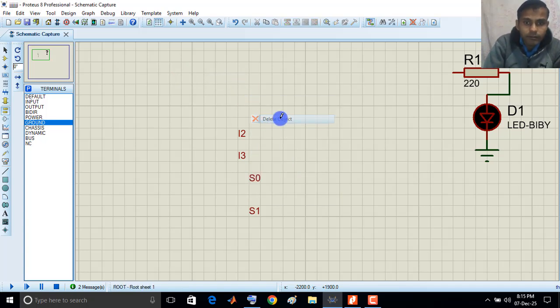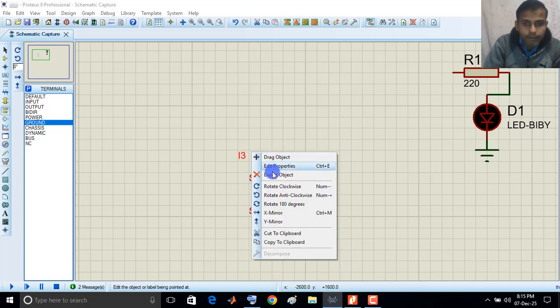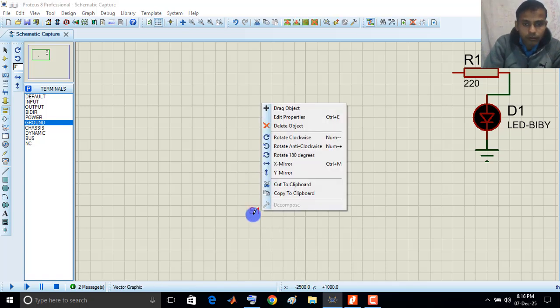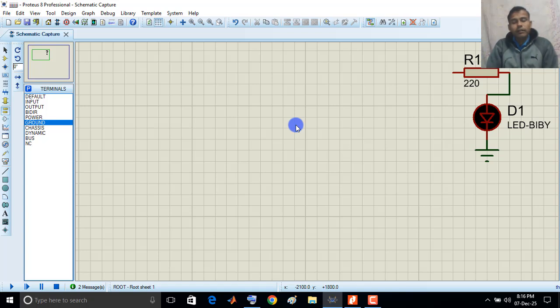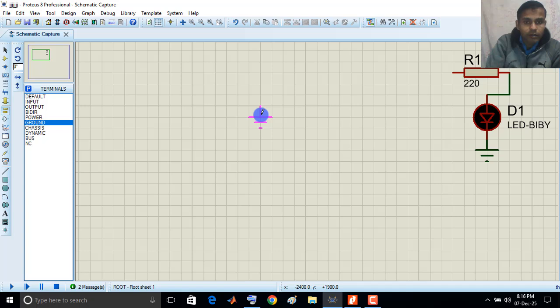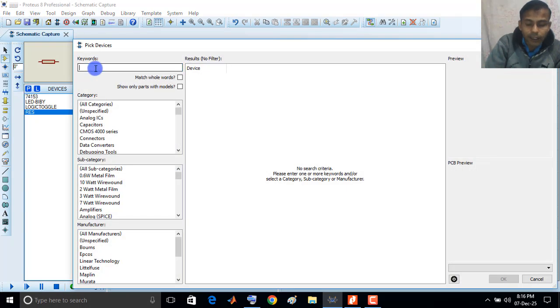Now we are doing the demultiplexer experiment, the 1:4 demultiplexer, right? For this demultiplexer, we need an IC, that is 74156. So click on the P button again and type